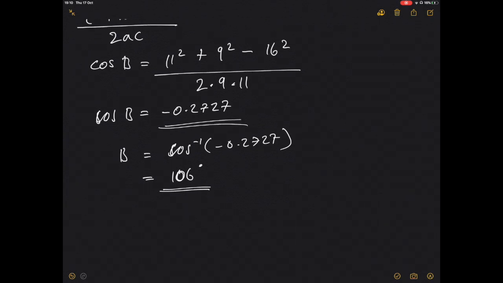Okay, so that has been the cosine rule. Next, we'll just move on to something quickly, the final part of the lecture, which is